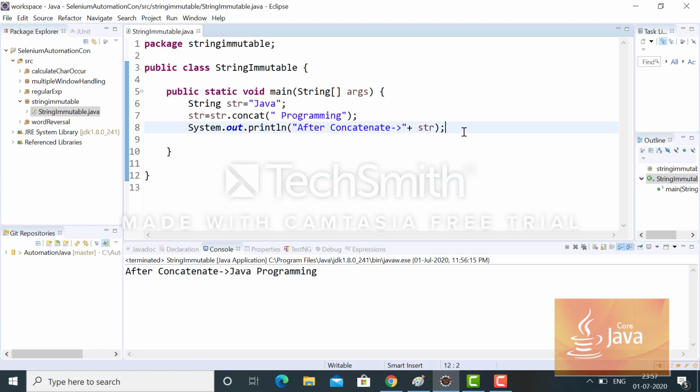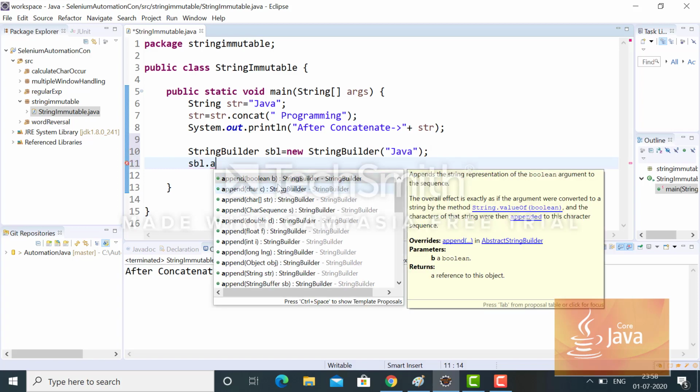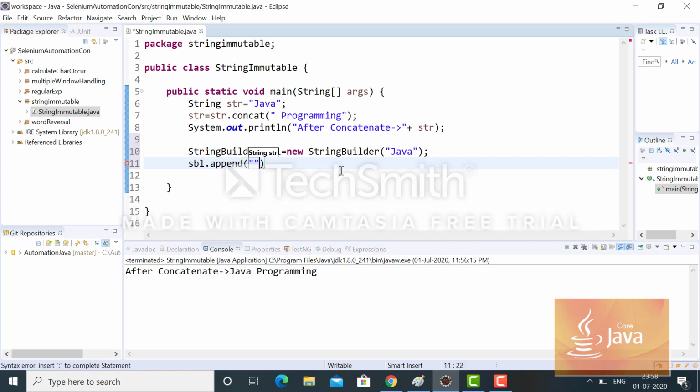Unlike this, there are two other classes: one is StringBuffer and another is StringBuilder. I can show you the difference. StringBuilder, sbl. It also has an inbuilt method called append.